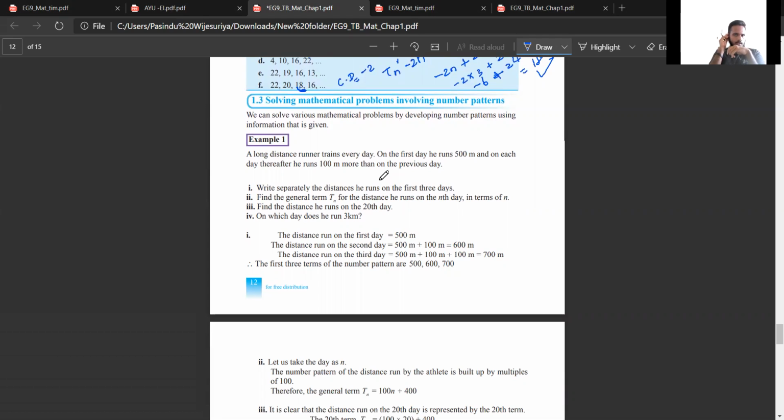Then the example. A long distance runner trains every day. On the first day, he runs 500 meters. On each day thereafter, he runs 100 meters more than